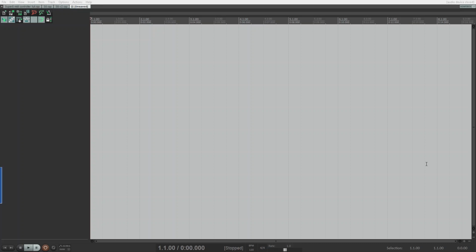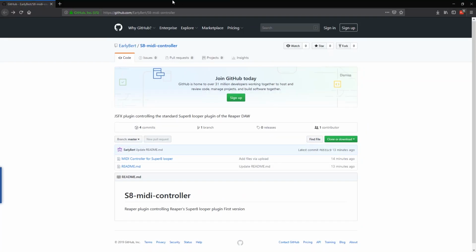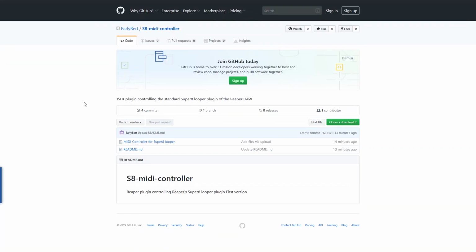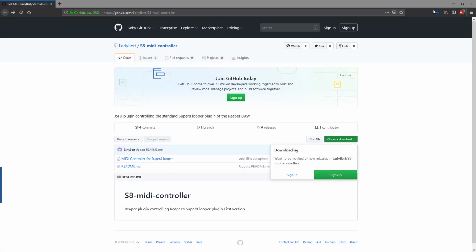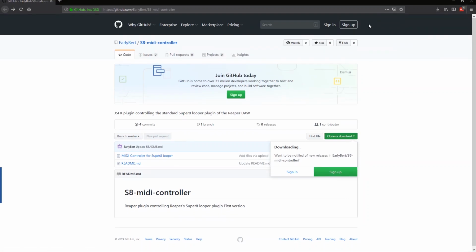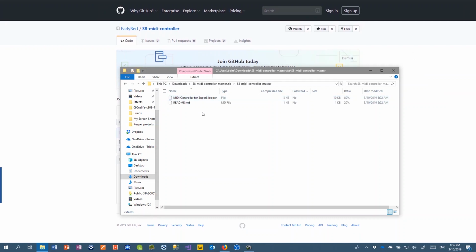If you want to use the MIDI controller plugin, you can download it from GitHub. I will put a link in the description below, but here this is the link. And in GitHub you can download the file as a zip file. When you open it, this is the plugin. It's the JSFX file. We will copy this one,